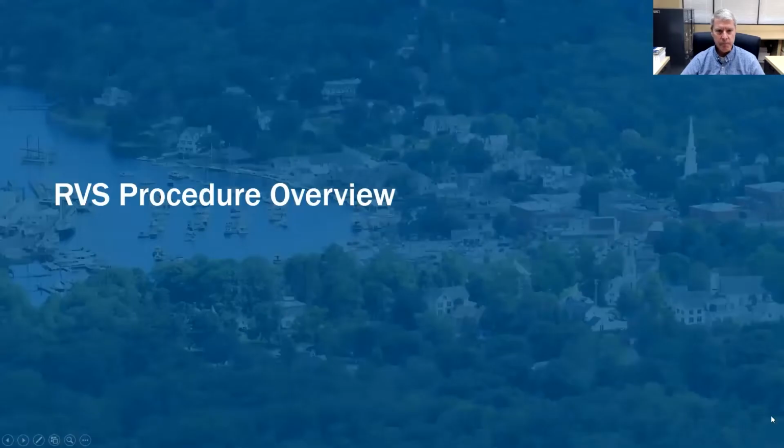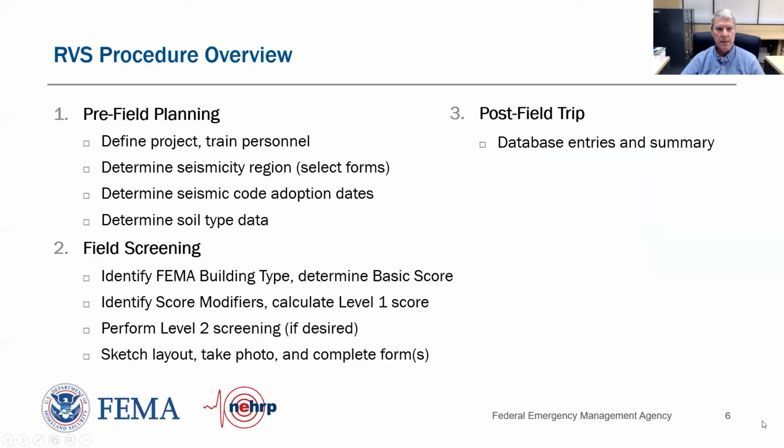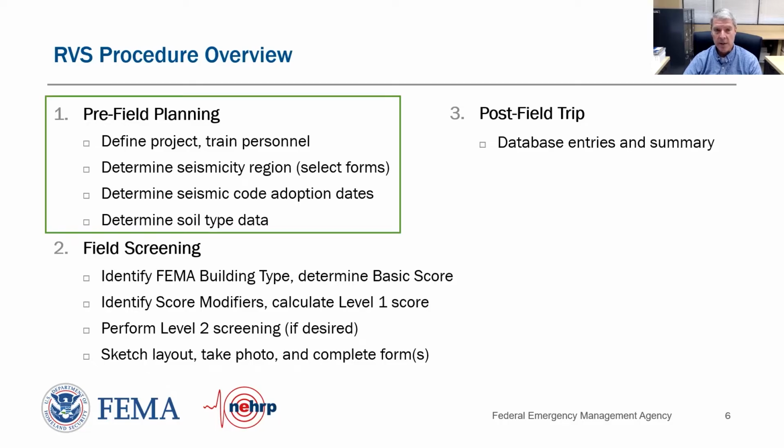So an overview of the RVS procedure. Here are the 3 areas I spoke about. Pre-field planning is one. The second one is the field screening, and the third is post-field trip, or we have all this data, what do we do with the documentation? So pre-field planning, we're going to define our project. What personnel are we going to utilize to train to be our screeners, our supervising engineer. We're going to look at defining our seismicity region to select our form, look at code adoption dates